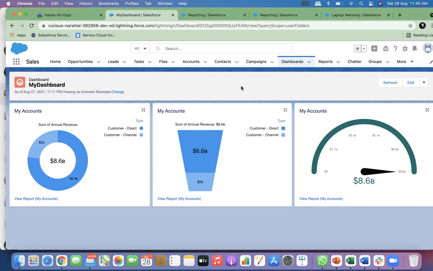Dynamic dashboard is created only on custom objects, right? No. Dynamic dashboard means the data is contextualized to you. It is your data only, the login user's data. And what about the standard dashboard? A standard dashboard means the dashboard creator's data is available for everybody. There is no question of custom. Where these are all accounts, where is the custom object?